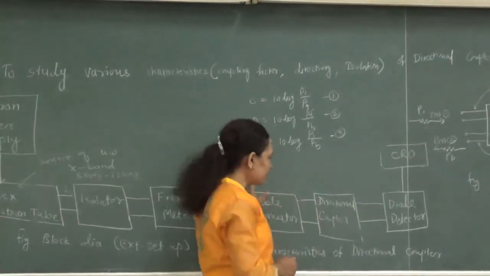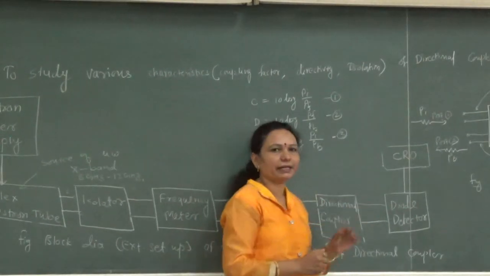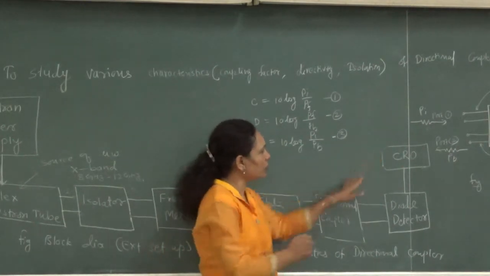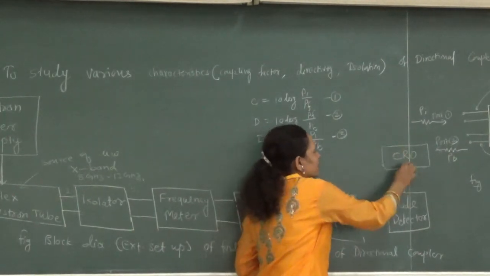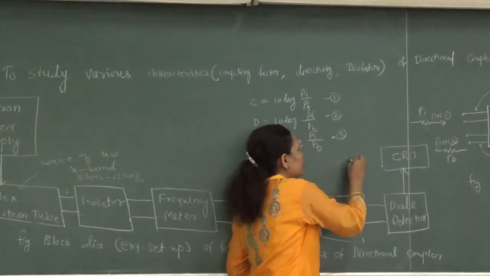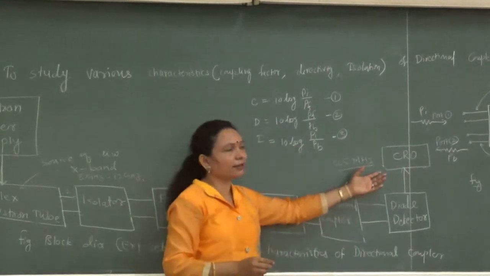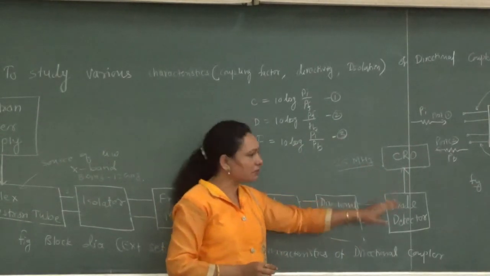As you know, the signal which is propagating through this waveguide is in the X-band frequency range, and we are observing the output on the CRO. And on the CRO, at the max we measure the signal up to 25 MHz. So how is it possible to measure this gigahertz signal on the megahertz CRO? So that's why we are doing the